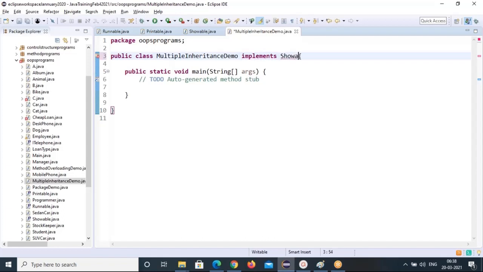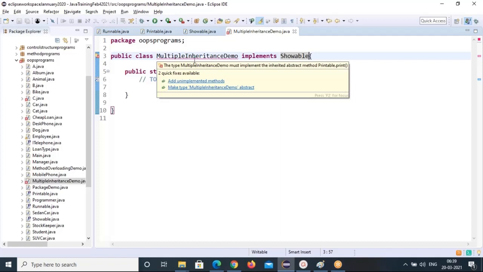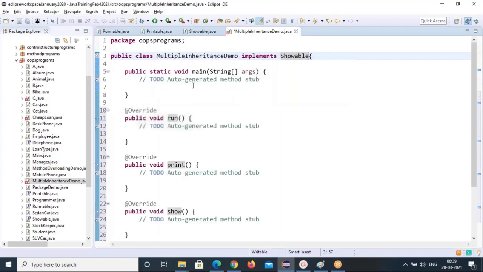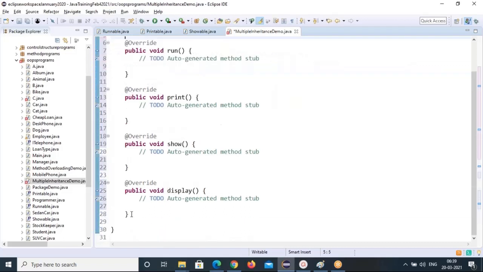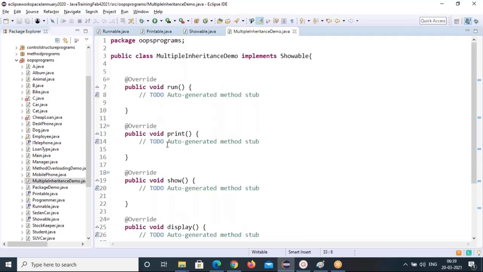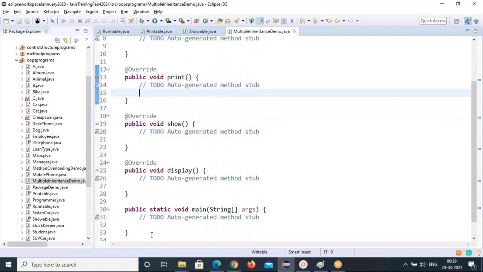Sorry, interface name showable. Now it is asking to add unimplemented methods. Mouse over here. Add unimplemented methods. So run, print, show, display, and main method.